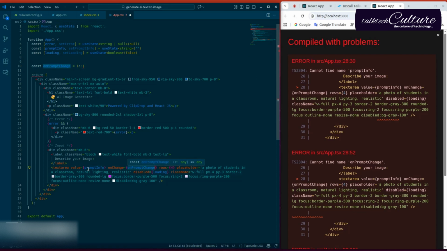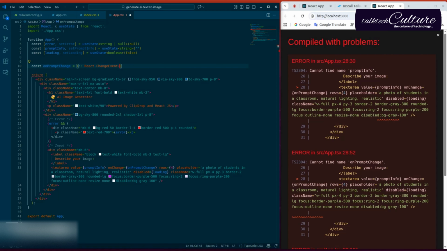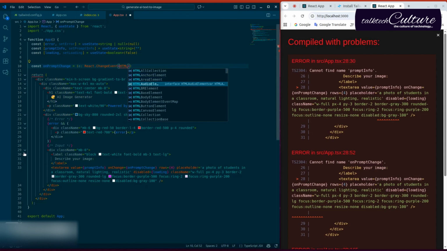We're going to be passing an event here. I'm going to show you another way to do this. We can pass the event, or we can create an arrow function here where the event is passed, or do it like this. This is JavaScript, we can do it as we want. So, change event,